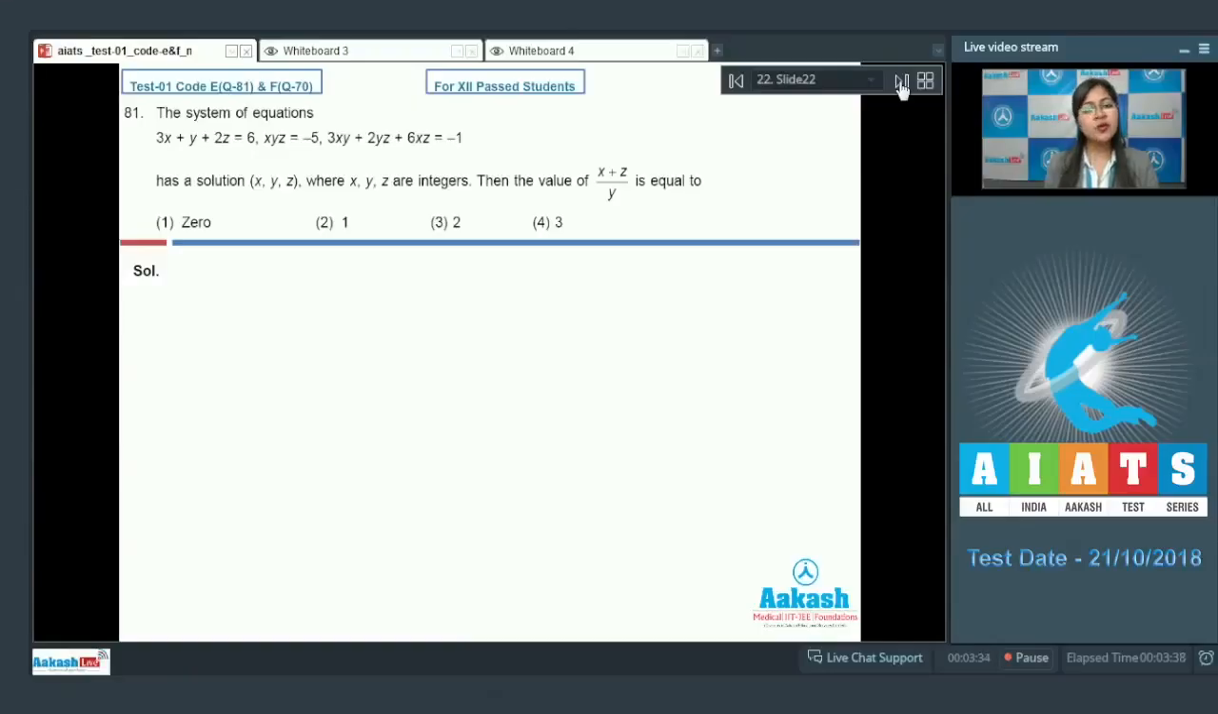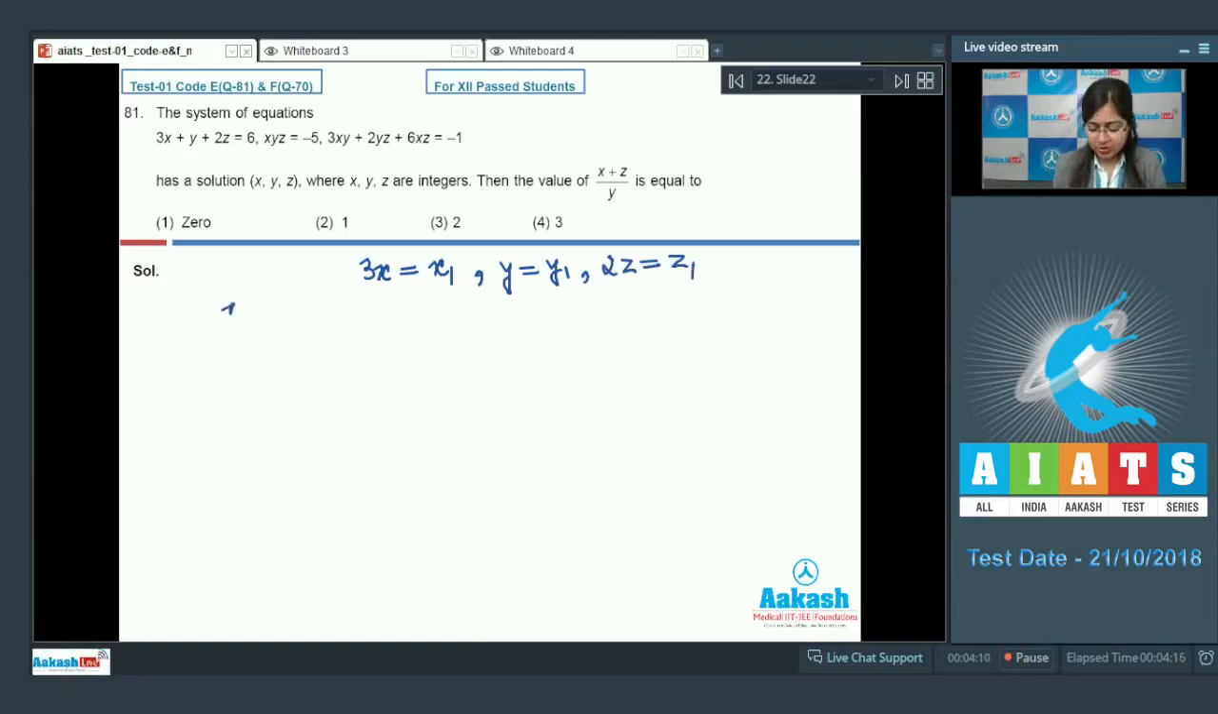Next is question number 81, which says that the system of equations 3x plus y plus 2z equal to 6, xyz equal to minus 5 and 3xy plus 2yz plus 6xz equal to minus 1 has a solution xyz where xyz are integers, then the value of x plus z upon y is equal to. Now here, if I assume 3x equal to x1 and y equal to y1 and 2z equal to z1, then